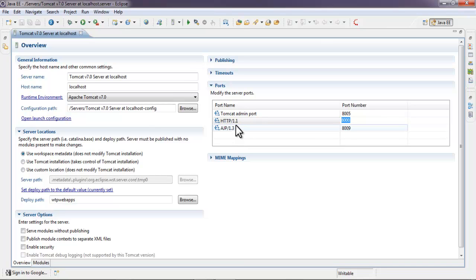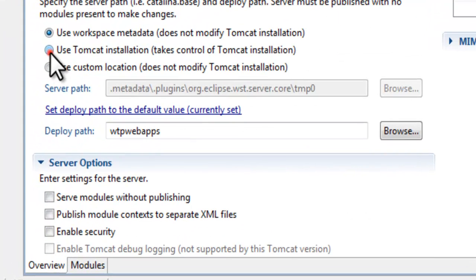After making changes to this HTTP, we need to make one more change to this file. Here by default use workspace metadata radio button was checked, but we have to select this use Tomcat installation radio button. We have to check this box in order to avoid that page not found exception. So after selecting this radio button,